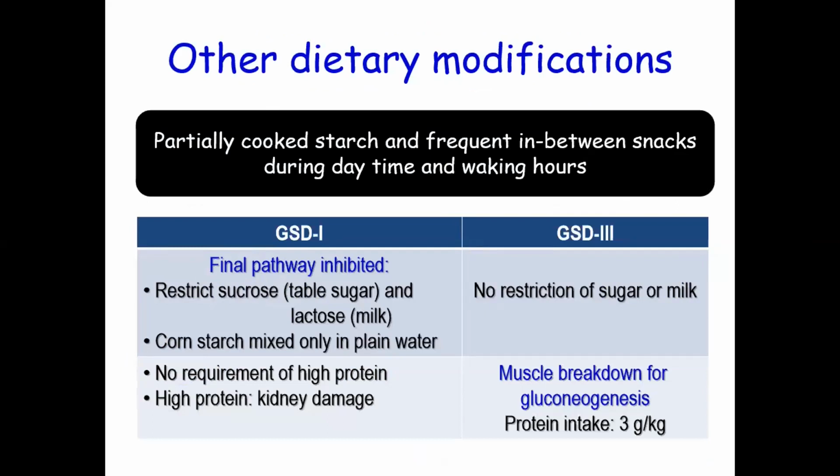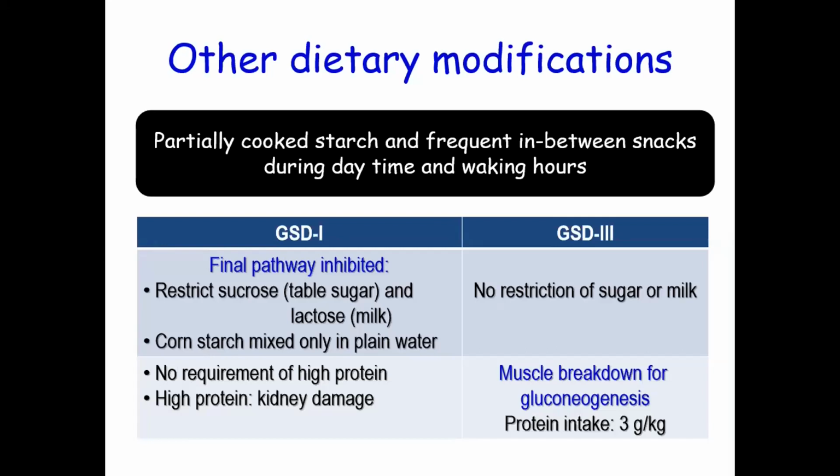We have to understand that the final pathway, which is glucose, is not being formed. So the sugar that you are giving will also give a load and will not be able to convert to glucose. Hence, we have to restrict sucrose, we have to restrict lactose, and the cornstarch is to be mixed with plain water only. If you cook the cornstarch, if you bake the cornstarch, if you boil the cornstarch, then it loses